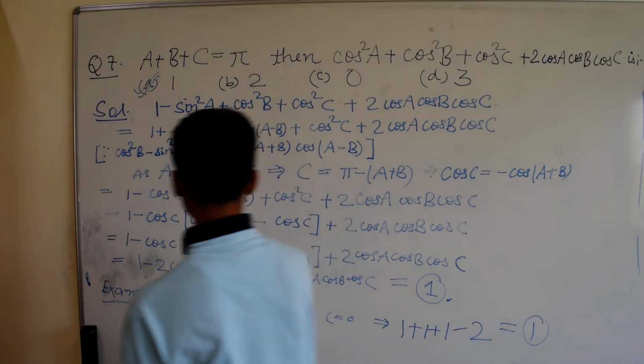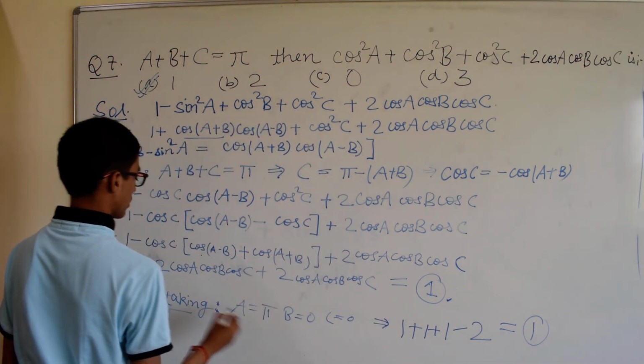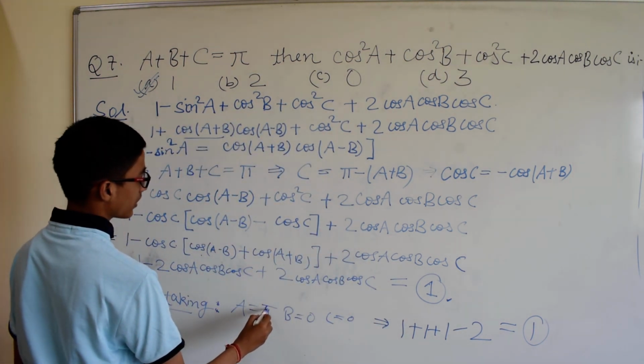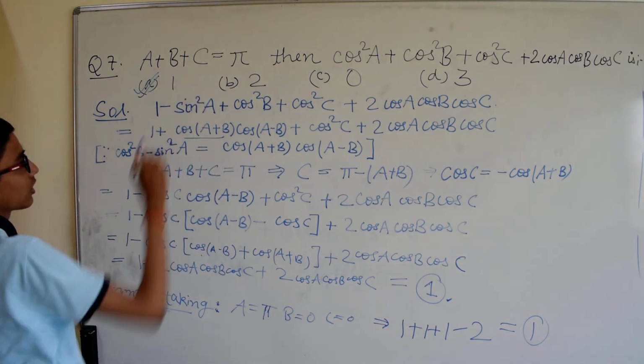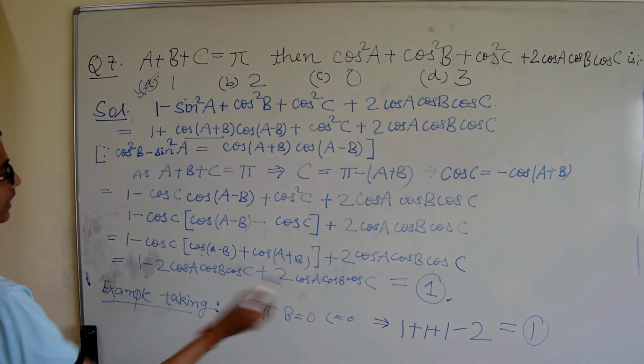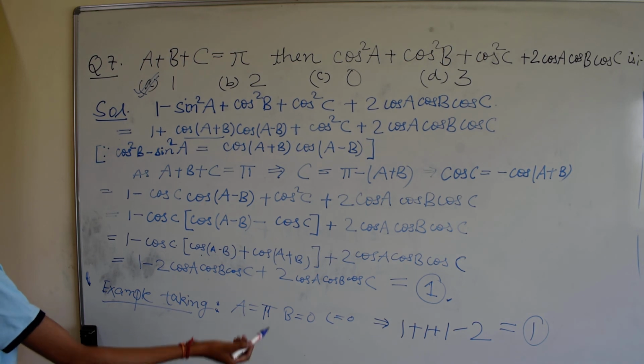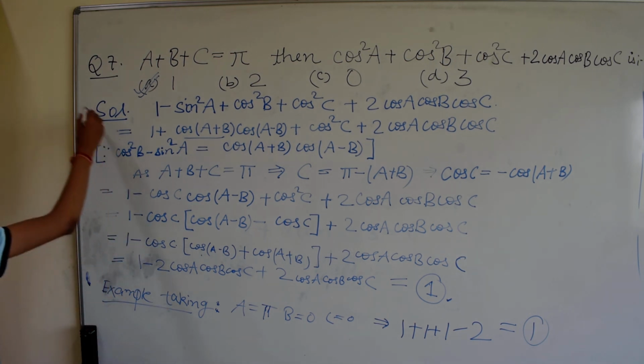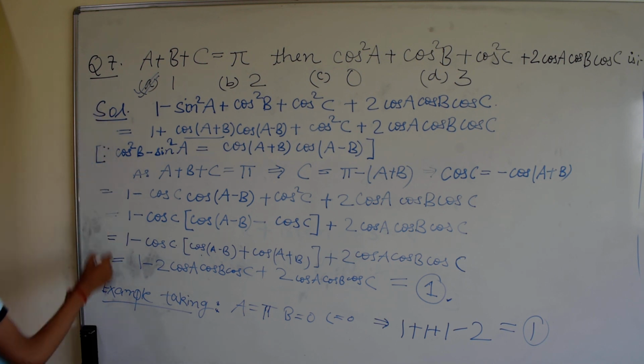Only in one line you get the answer. Just take the simplest of the examples which satisfies all the given conditions in the question. You just take that example and find the required value. It will take only 10-15 seconds as compared to this, which takes 2 or 3 minutes. And it is difficult to crack the logic behind this.